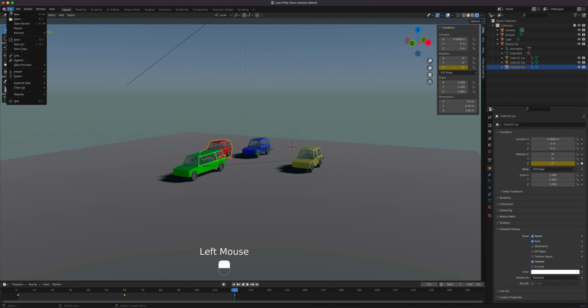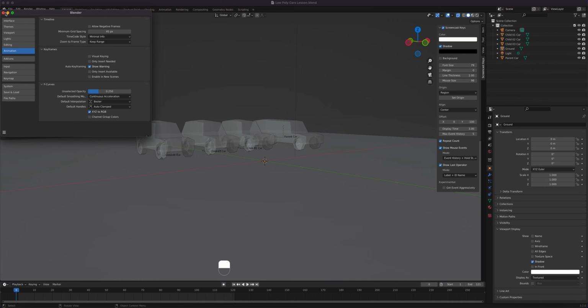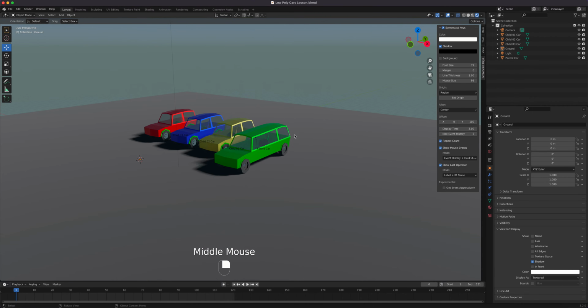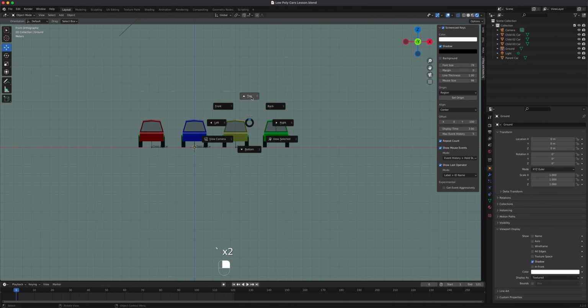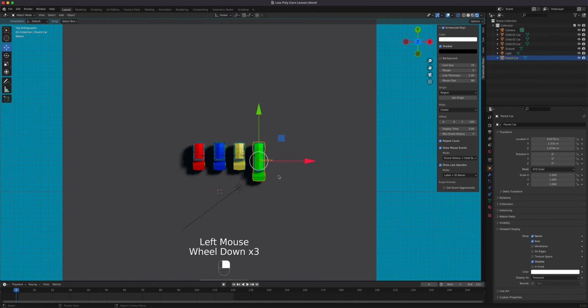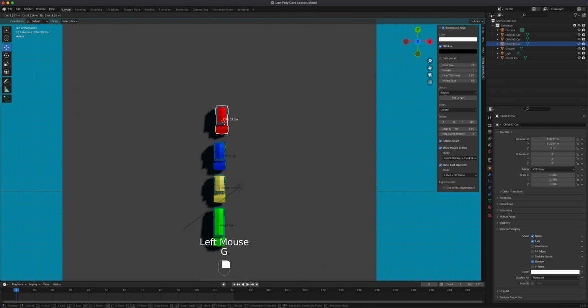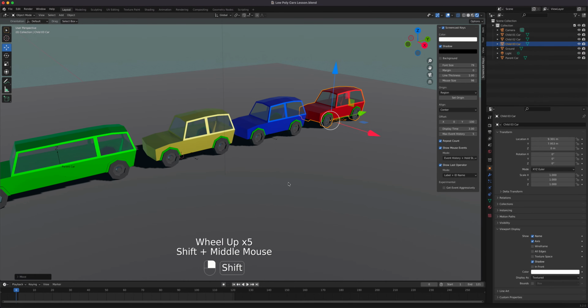All right, so let's do another way to kind of parent this. I'm going to open that, don't save it. Okay, so let's go right here. What we can do is put them in order from the top. So I'm going to go to the top, numpad 7 or tilde. Go to the, sorry, top. Let's just kind of position them in a way where this one is first. This one right here. All right, not necessarily lined up, but I just want you to kind of understand that we're going to